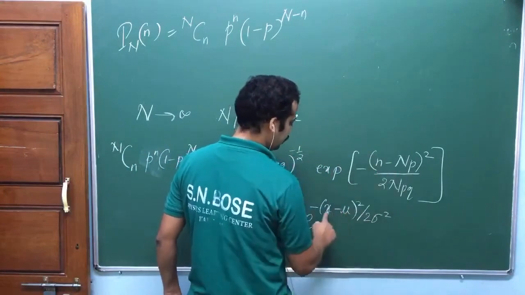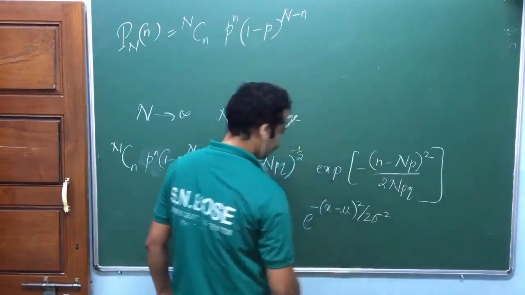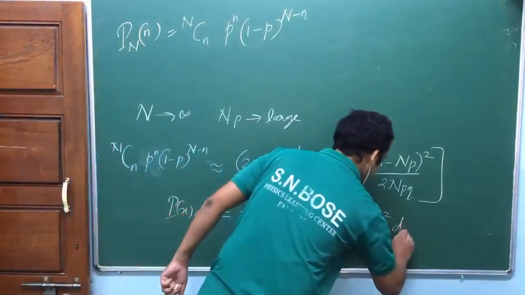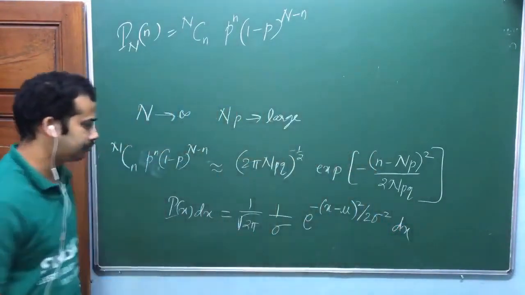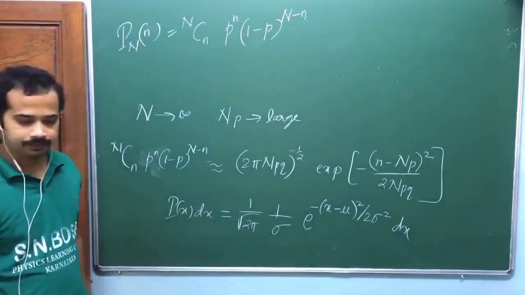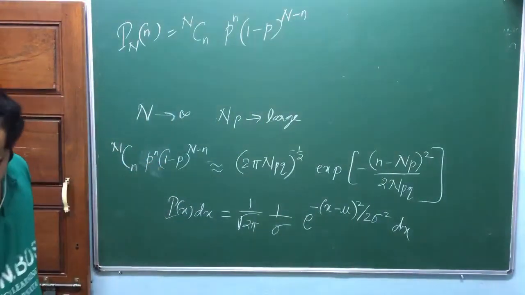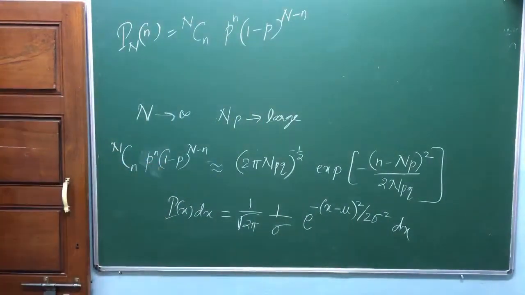He has written this whole thing as x minus mu. Let me define that one, okay? Divided by 2 sigma square, dx. This expression is converted into this one. This is the Gaussian distribution, centered at x equal to mu. Wait a second. Mu should be defined as the average, am I right? Mu should be the average. Mu is equal to n into p. Yeah, he defined it correctly.